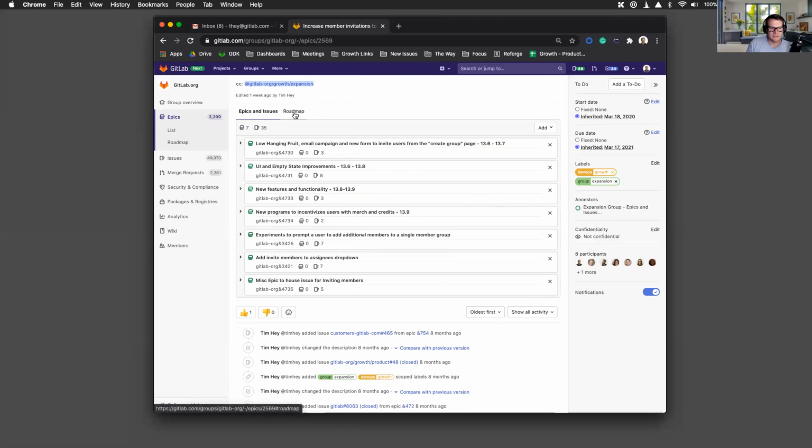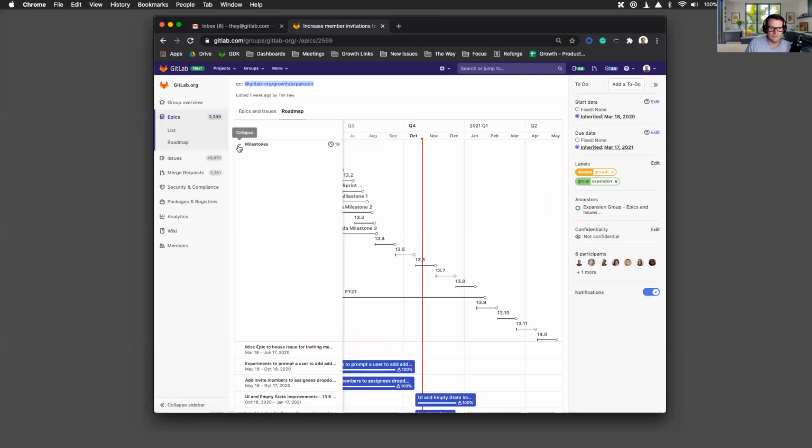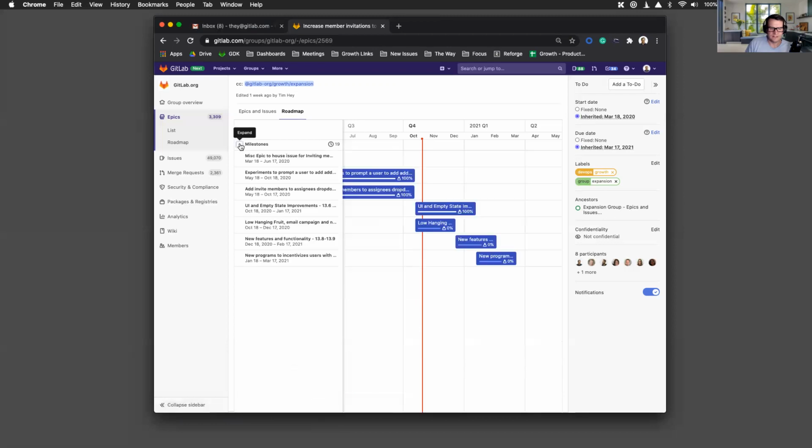And then what's really neat about this is if you look at the roadmap view, and you have to have child epics in place to do this. If you don't, it'll just show you basically an empty state that says you need child epics, which I think is pretty good. So if we open this up, first thing you're going to get hit with is this big wide band, and it says milestones, and there's a drop down, and you can collapse this, right? So I actually like looking at this first because it allows me to orient myself around where are we right now? And you can see all of the milestones and how they're plotted out.